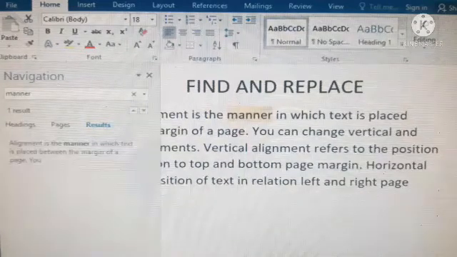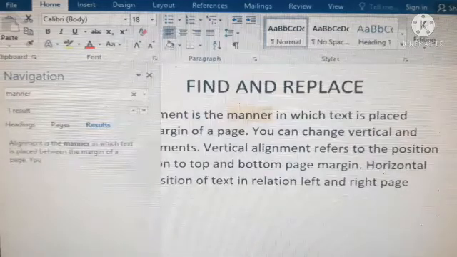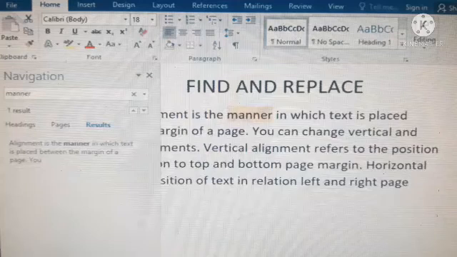In the text box we have to type the word which we are going to search. If you type inside the text box, that particular word in our document will be highlighted and the result will appear in the navigation pane. Have you understood this? This is the use of the find command, and this is the format to use the find command in the document.